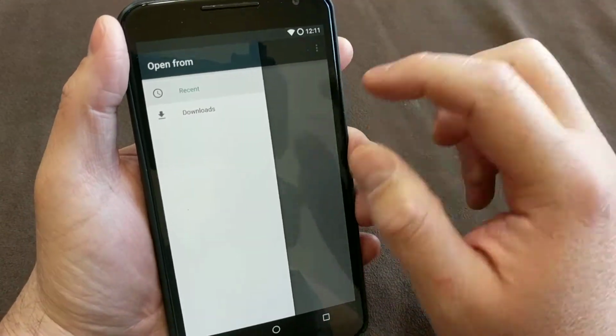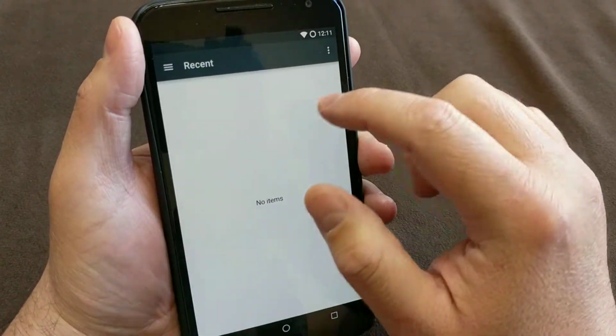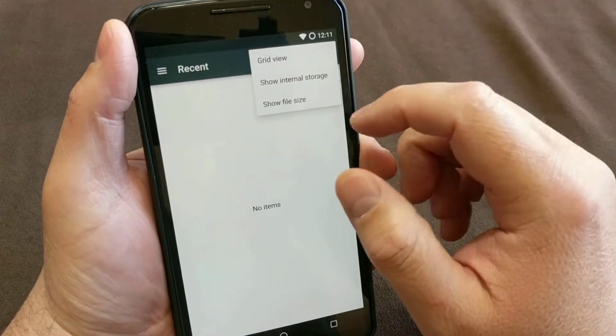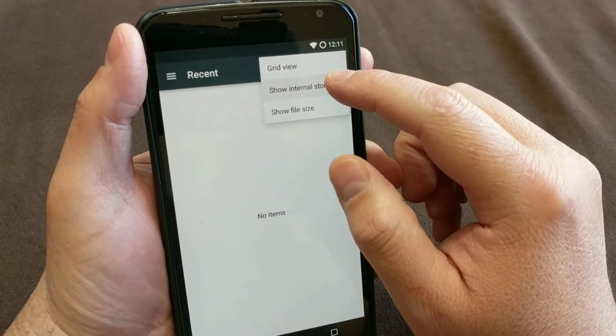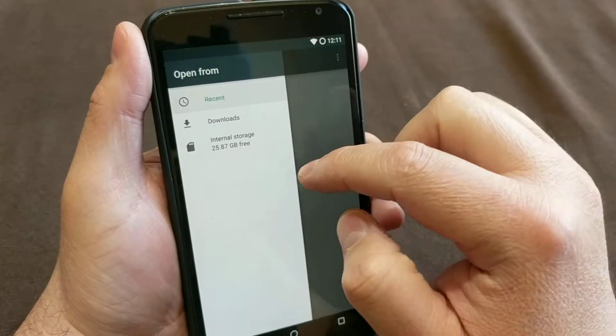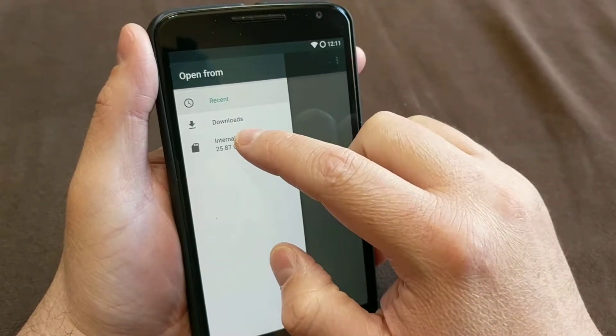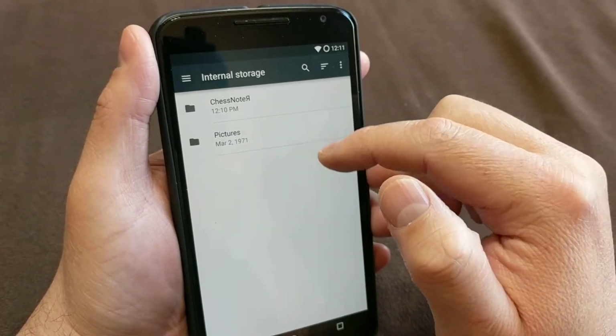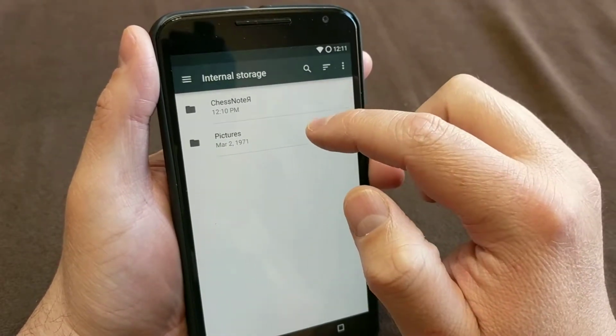On here, you're going to go ahead and just close that menu, and you're going to hit the 3-button dial. And you're going to say show internal storage, and then you're going to go back over to the main menu button, and then you're going to choose the internal storage, and these are folders that are on the ChessNoteR. So go to the ChessNoteR folder,